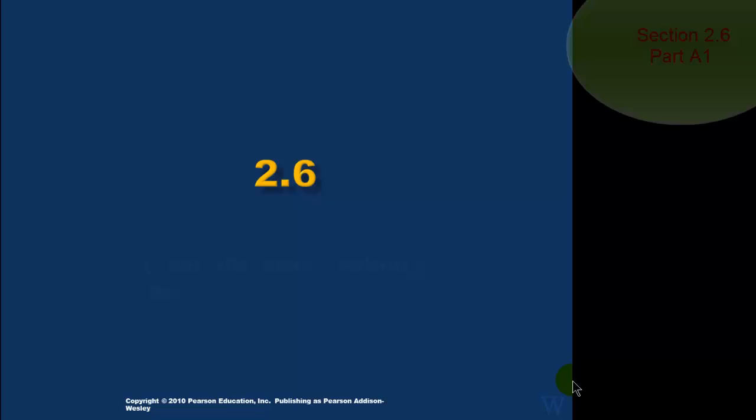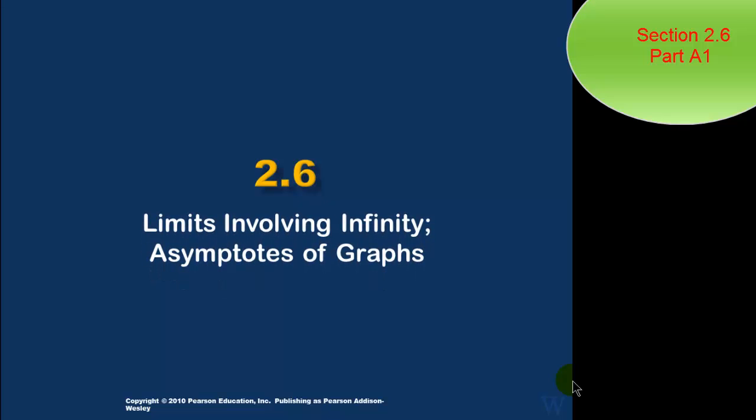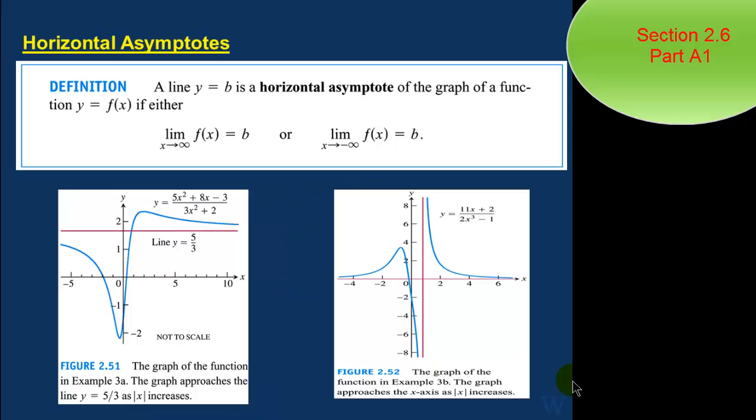Section 2.6 Limits involving infinity, asymptotes of graphs. This is a continuation of what we did on Monday and Wednesday. Horizontal asymptotes. By definition, a line y equal to b is